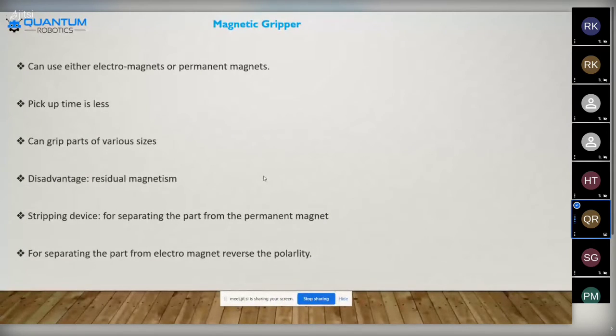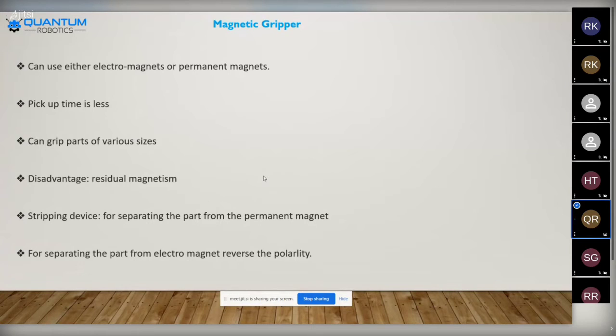And we can learn what the main key point of the concept is over here. Can the user use either electromagnets or permanent magnets? The magnetic gripper can use electromagnets or else a permanent magnet. For electromagnets, electrical power is generated for that particular magnet, and the electrical energy is converted into the waveform of magnetic momentum.